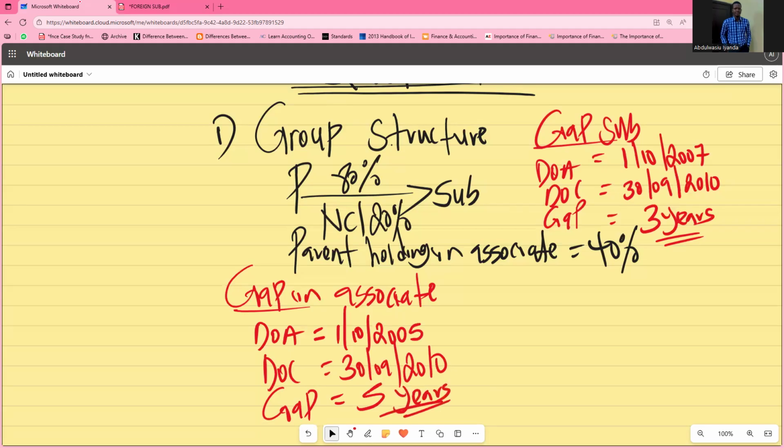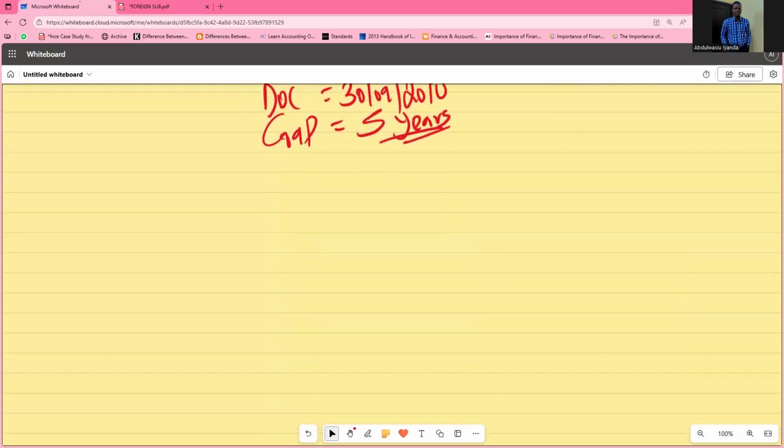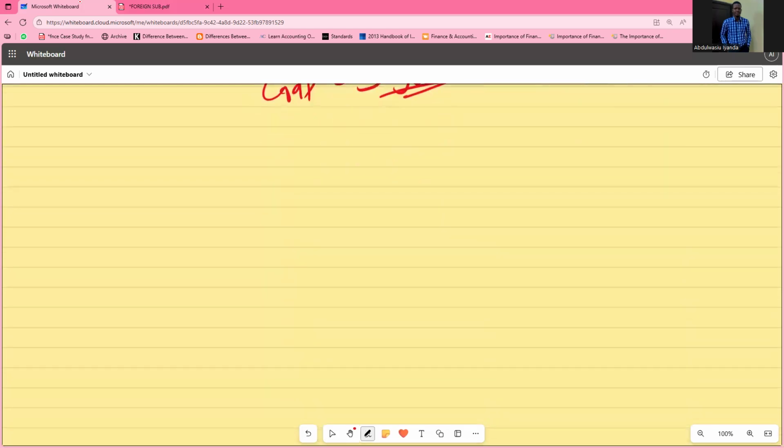So I think that is all about the first working, which I always would advise every one of us to do. Just determine the group structure. This is the percentage, then this is the gap. Then the next thing that we are now going to do, which is our working,